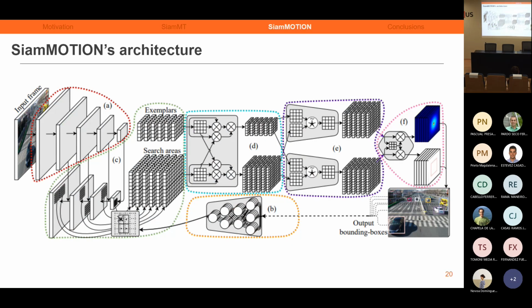Okay, once we have our classification and regressions, we could transfer them to the original frame. However, in SiamMOTION, we add another component in order to refine said predictions. We introduce a multi-object penalization model, which takes into account the predictions for all objects together in order to modify the probabilities for each anchor. It is composed of 4 types of penalization: a spatial penalization, a shape penalization, a morphological penalization, and an interaction penalization. After applying these penalizations together, we now have the final predictions of our network.